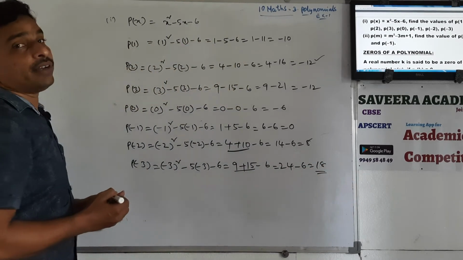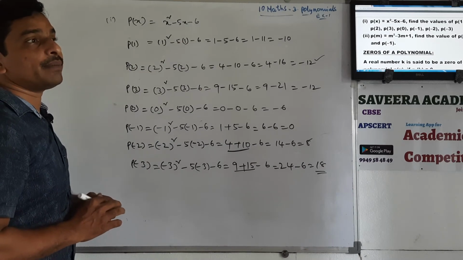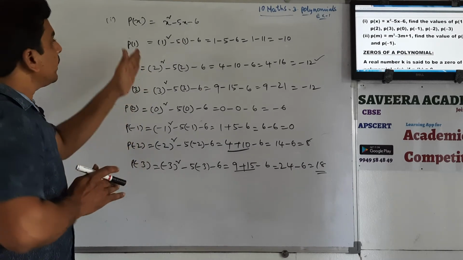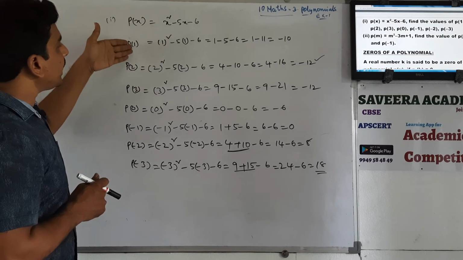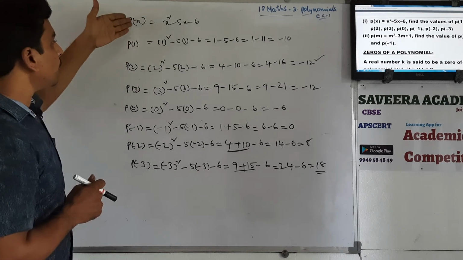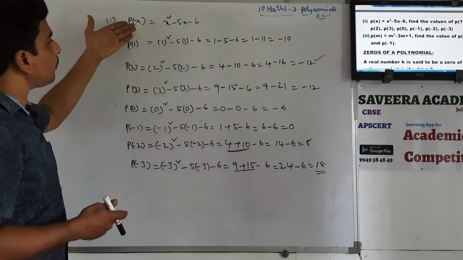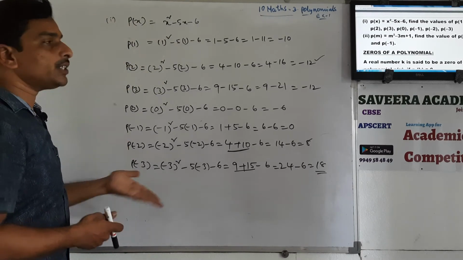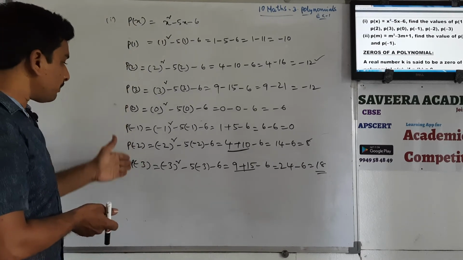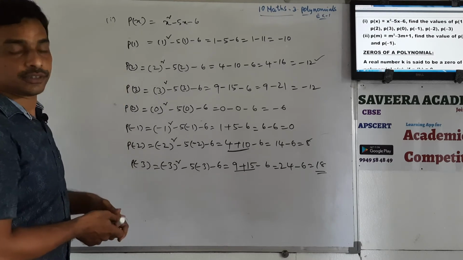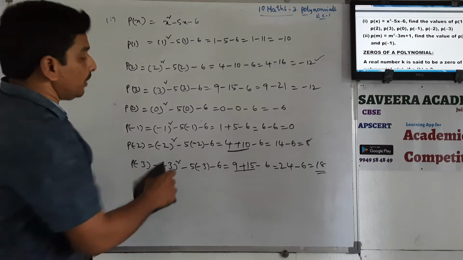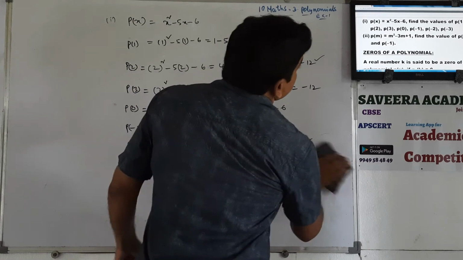Okay. So in such a way we can find the value of a polynomial. Suppose here, see, the value of this polynomial at x is equal to 1. Value of the polynomial at x is equal to 2. Value of this polynomial at x is equal to 3. In the same manner, the value of the polynomial at x is equal to k. It is denoted by p of k. So here p of 1, p of 2, p of 3 like that. Okay. Now we shall finish the second one.